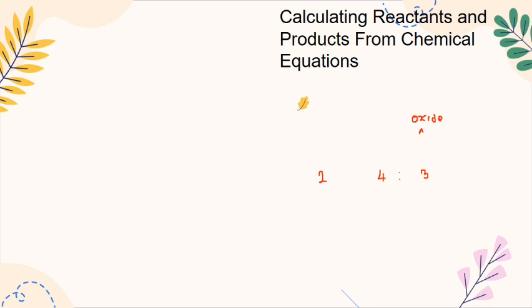Calculating reactants and products from chemical equations. Now you see we can actually calculate the amount of reactant needed or the amount of product formed by merely looking at a chemical equation. The reason for this is that in industries, maybe chemical industries, they make use of this to prevent wastage